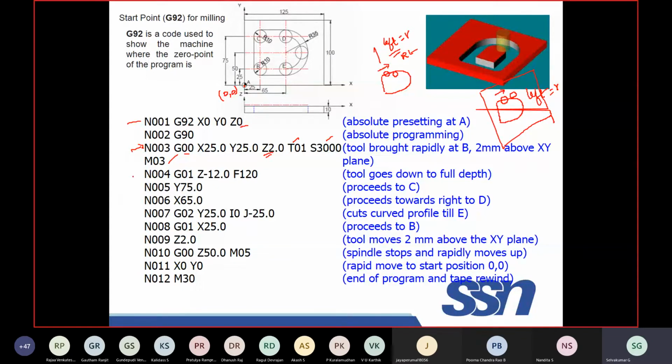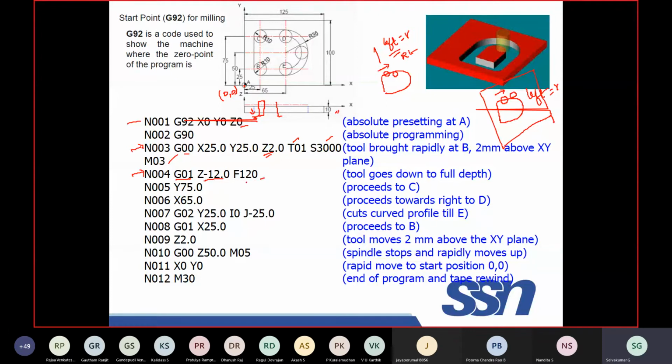Next, the real machining begins. Fourth block, machining begins. G01 is linear motion, linear interpolation. Z value minus 12. So in the previous picture, sorry, here the depth is 10 mm. But the actual depth that we are giving is 2 mm more than that. Your tool will be placed here. At this location, your tool will go up to this. Okay, diameter of the tool here. So this is 2 mm extra, 2 mm more than the thickness of the workpiece. Okay, we are making a through hole, a complete cut.